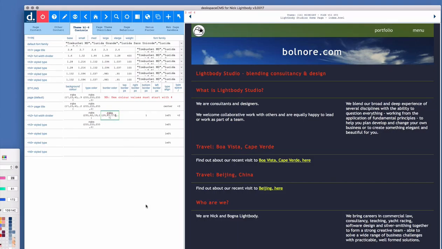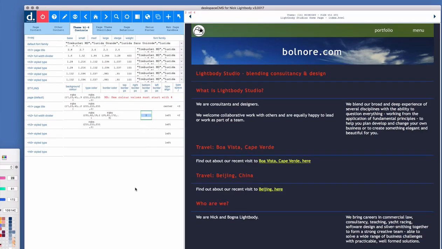Okay, so let's see how those blues look. Do we want them less? Let's do it as a 0.3, or do we want it as more, as a 0.9 perhaps? I think that's probably about right. What thickness do we need? Do we want to try it with a 2? Okay, a little bit heavy perhaps, but for the sake of argument we'll keep it as a 2. We then have to decide on the